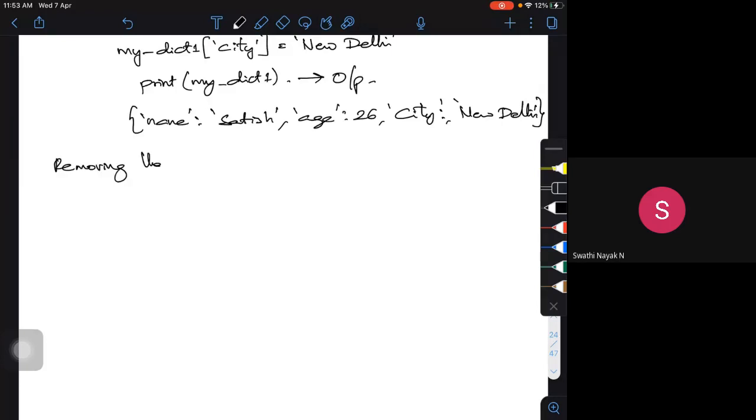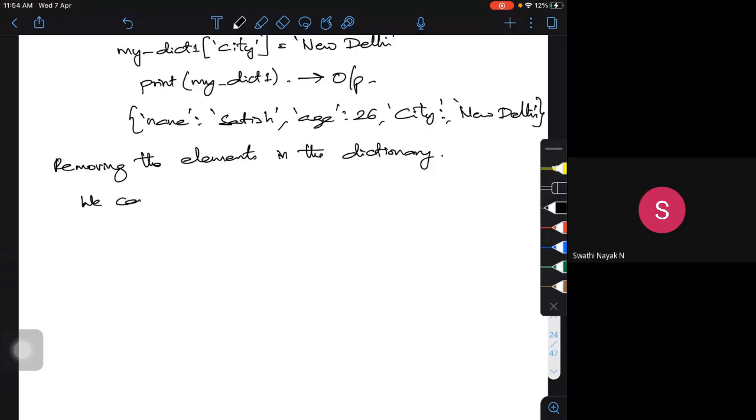Removing elements in a dictionary: that means something is existing there and I want to remove it. I want to use what is called a pop function. A pop function is used to remove that particular item.